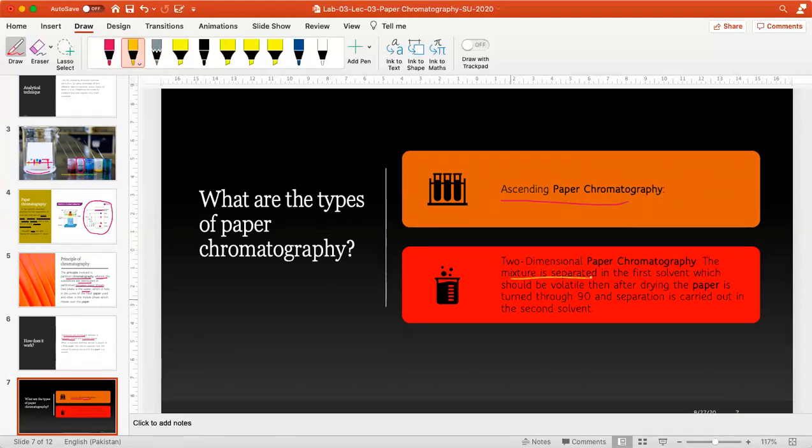The mixture is separated in the first solvent, which should be a volatile. पहले हम first we use the solvent which is highly volatile. Volatile means जो easily vaporize हो जाए, for ether हो गया, alcohol हो गया. Then we dry the paper, और उसके बाद हम उसको different angle से we put in the angle of through 90 degrees. We again put into the same tank, and the same tank will have the second type of solvent. So 2-dimensional